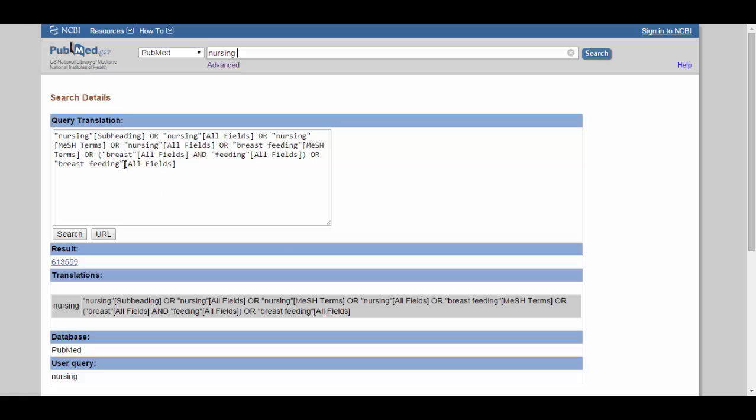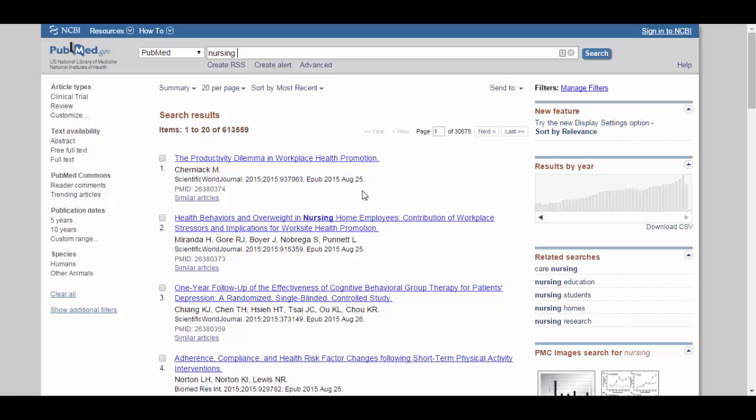You'll notice here in this search details box that nursing is being searched all over the citation. But as you go through here, you'll also notice that I go from talking about nursing, which is potentially the profession, to also talking about breastfeeding. So when I look at the results of 613,000, what I'm getting are not only articles about nursing the profession, but also articles about nursing as the practice of feeding a baby, because it's using nursing and breastfeeding. If I want to prevent that from happening as often,